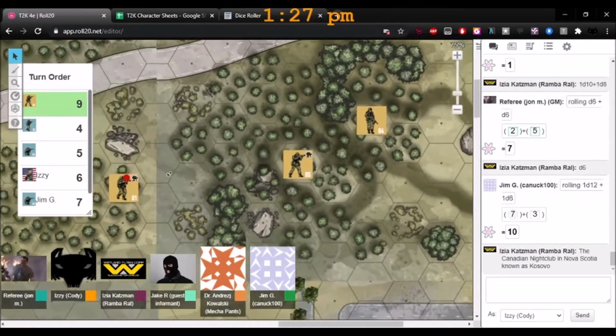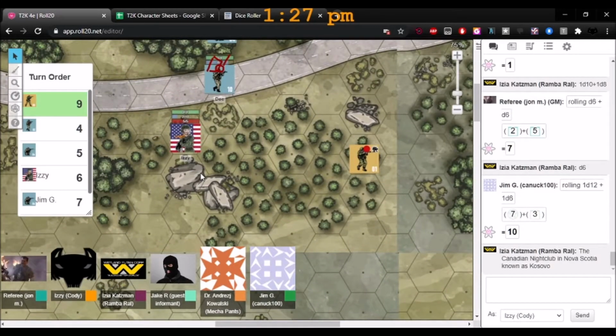Well, fingers don't fail me now. So he shows up right here behind this cover, and he peeks around the cover and he's going to take some shots at Isabella, who's also, if I'm not mistaken, in some cover. Yeah, she's hiding behind these rocks. Okay. So this guy has got the same stats, a D8 and a D8.